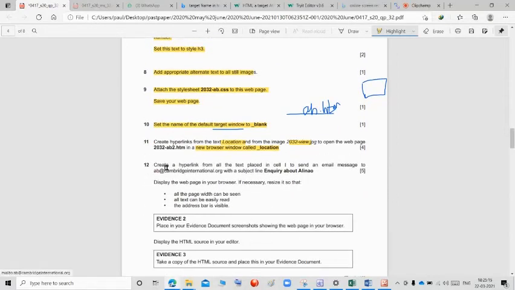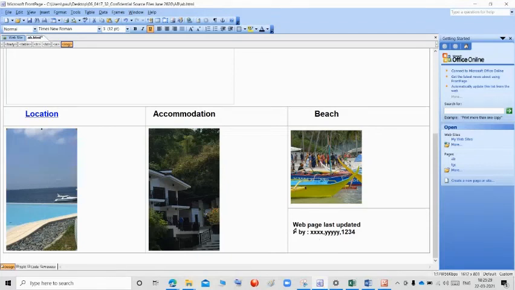Next, create a hyperlink from all the text placed in cell I to send an email message to ab@cambridgeinternational.org with the subject line inquiry about Alino. So in cell I, we select all the text and create the hyperlink.